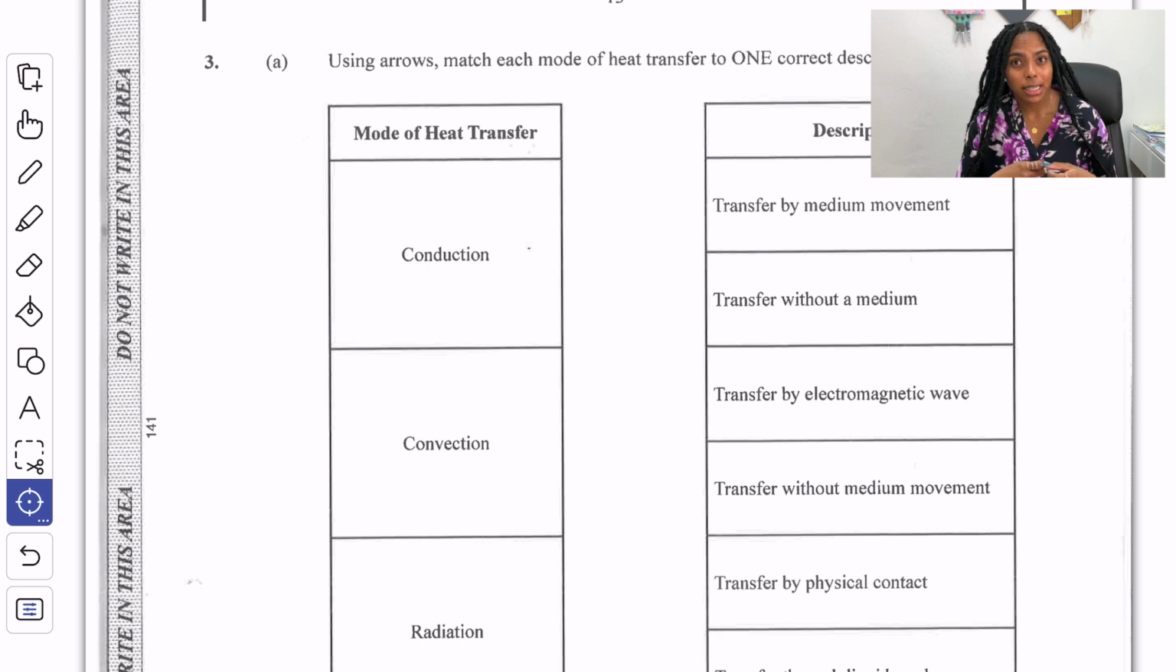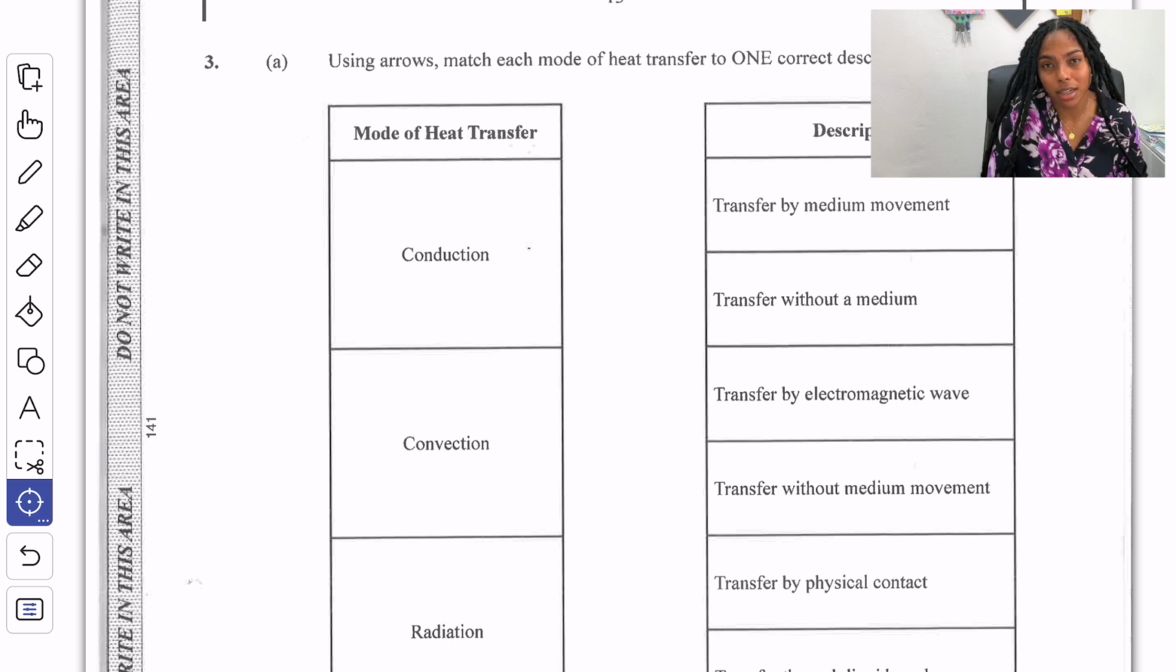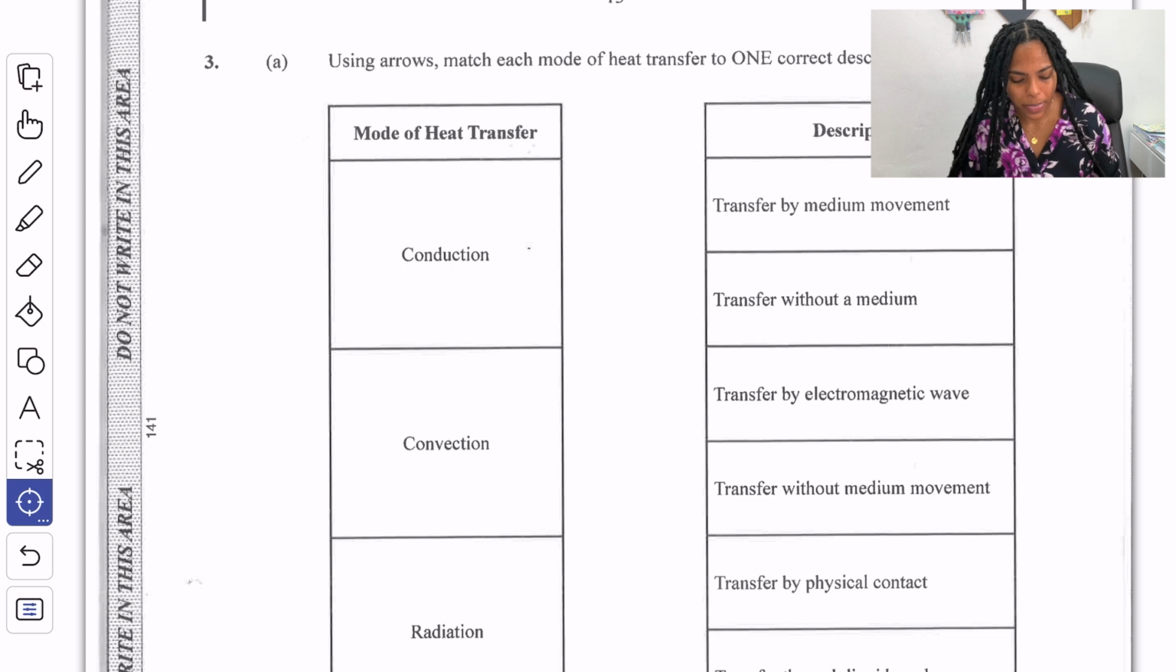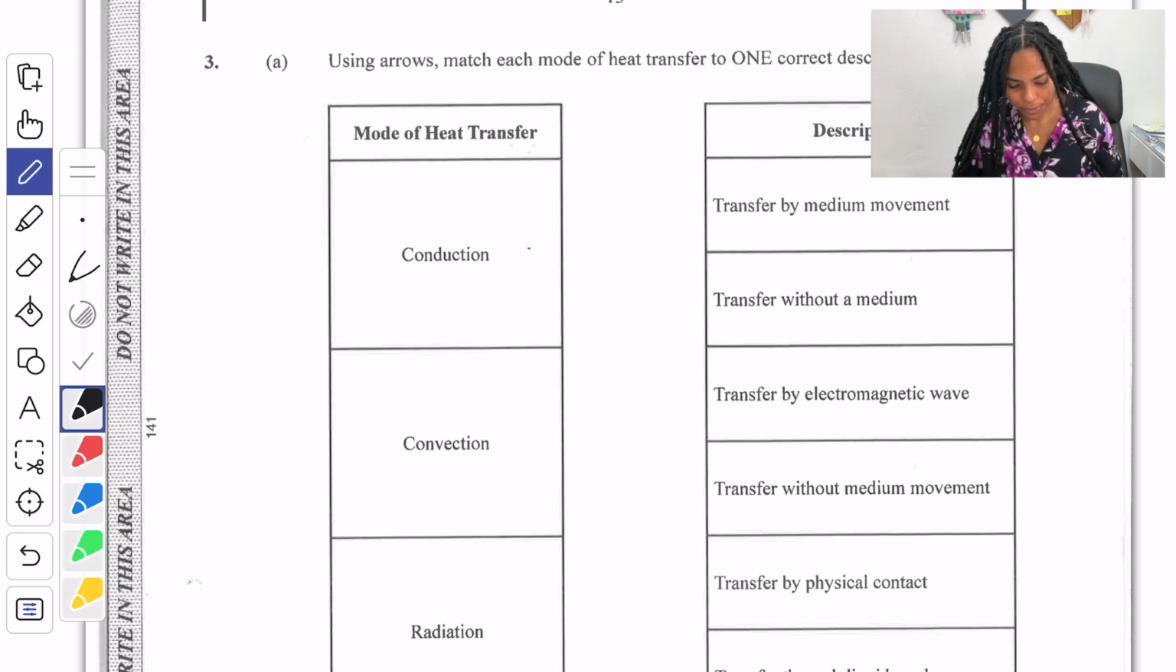But they might say that that is a property and not a description. So it could be that they have multiple options for getting it correct, or it could be that they put properties there to make it trickier for us, so that we'll choose a property but not really a description, if that makes sense. So for conduction, I'm saying that this is the transfer of heat by physical contact,